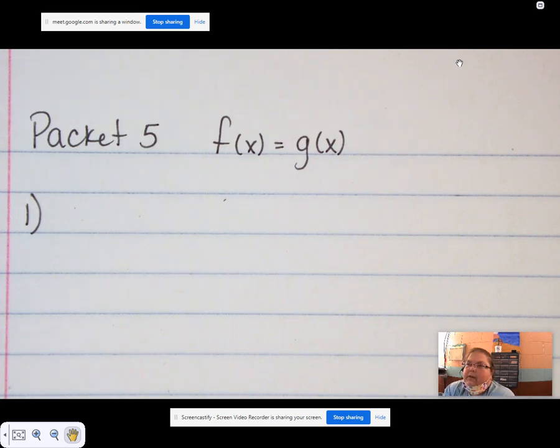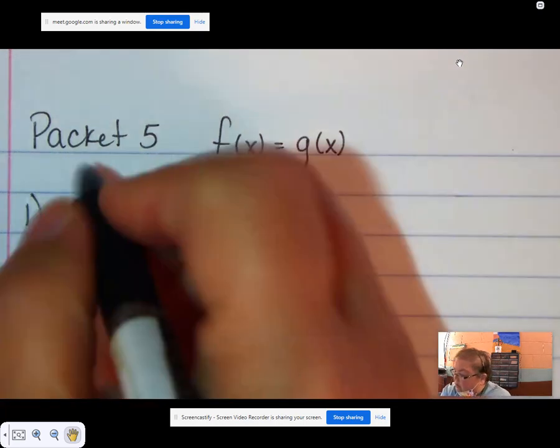So f of x equals g of x. That means that they're equal. So when I look at number 1 on that first page, 2 fitness clubs adding new members, club A, club B. Here's what I know. I know that club A has